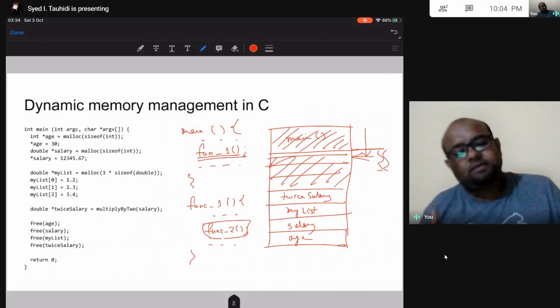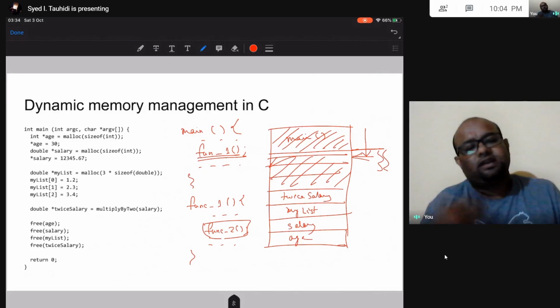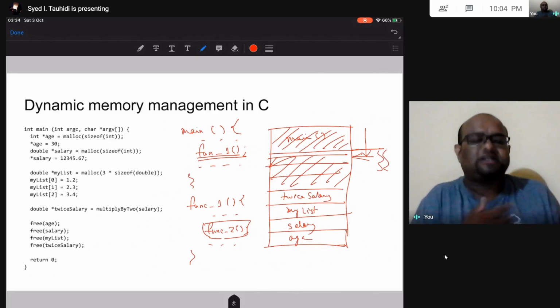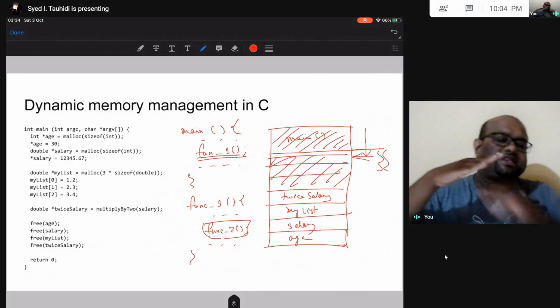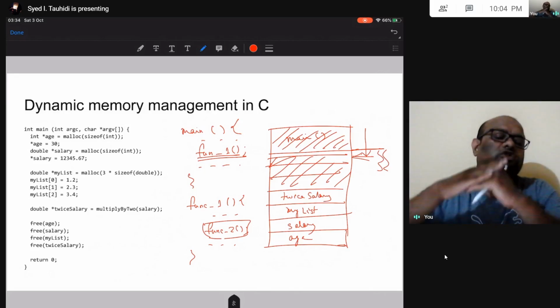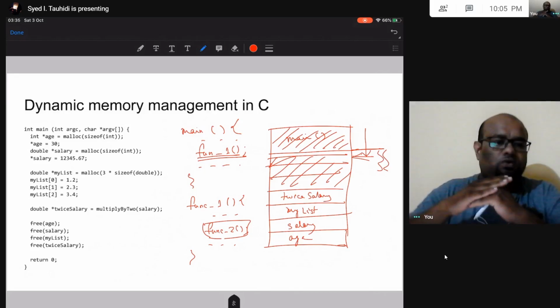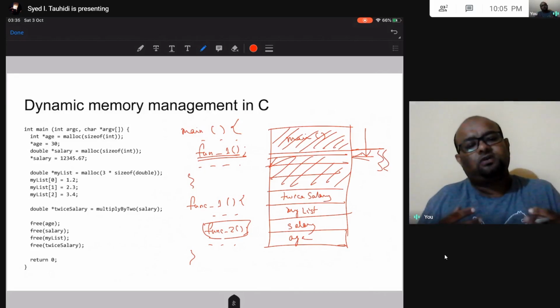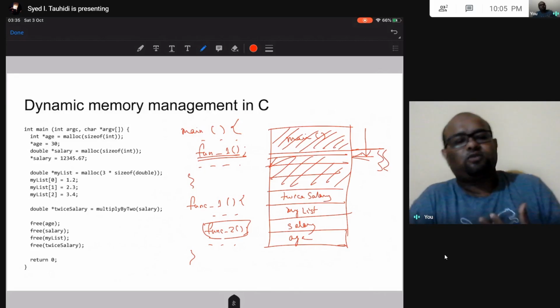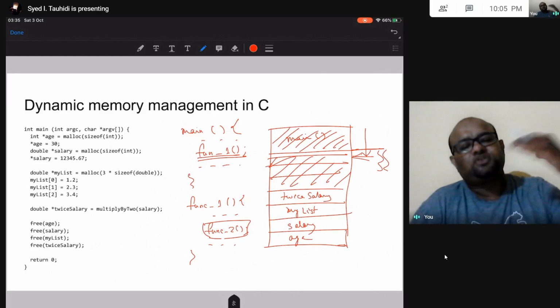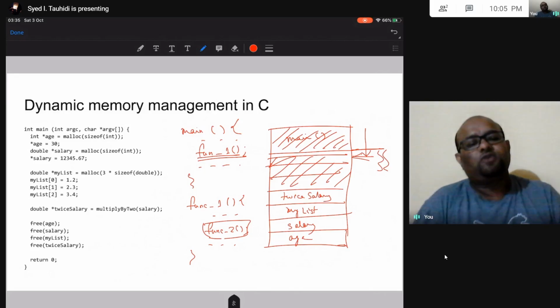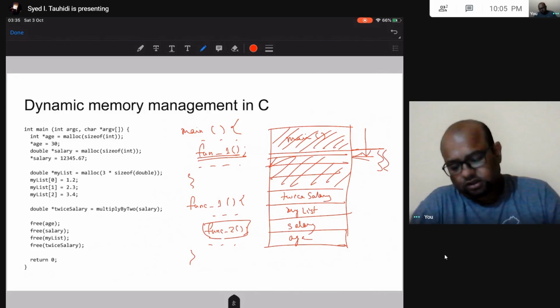The other problem that I may have is this: say now I need to allocate more space in the heap. So the stack is here, the heap is here. I don't have any more space remaining for the heap to grow. If I don't free up this memory in the heap after using something, the heap is eventually going to grow, and then I'm going to have an out of memory error. All right.